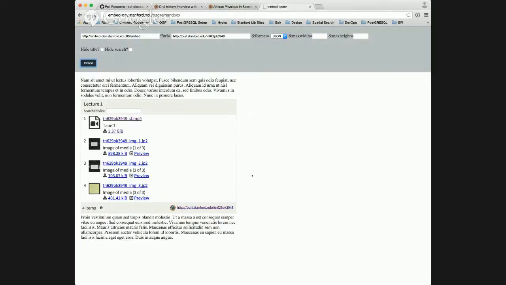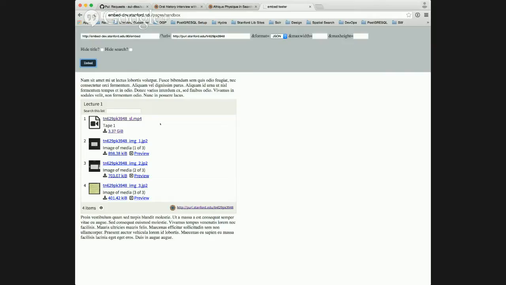Welcome to the Sprint 2 demo for the Sool Embed project. We are just wanting to demo a few features that we implemented in the past week and talk about what's next for us. So the first thing I want to direct you to is back to our sandbox application,